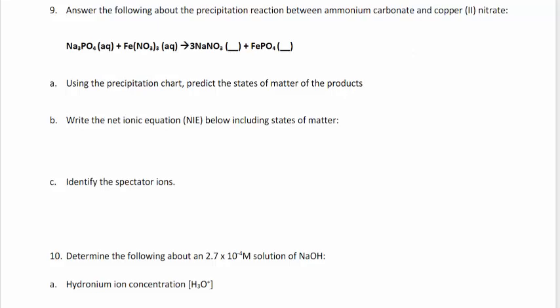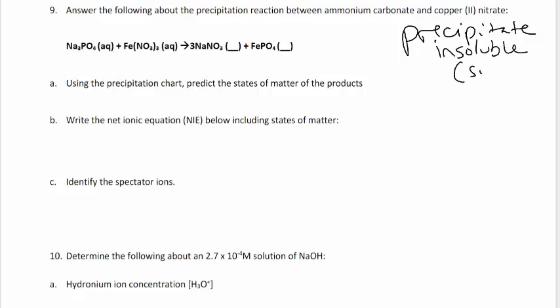Okay, we're on the last page, and these are things that we learned more recently. So this is a double replacement reaction, and in a double replacement reaction, there's usually what's called a precipitate, and the precipitate is the compound that's insoluble, and so it comes out of solution and forms a solid. So what you're going to do is look up the products and find them on the equation sheet, which will have the solubility chart that we learned about before